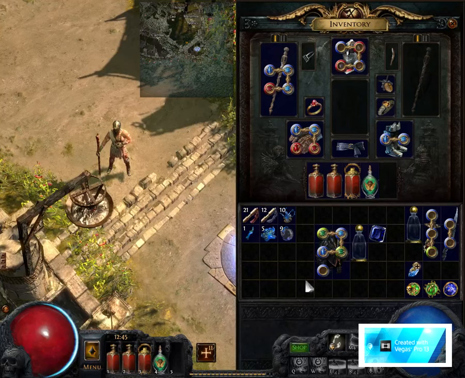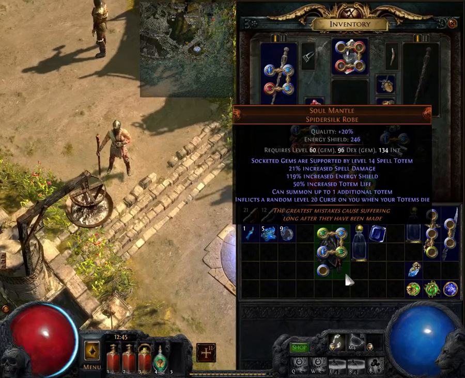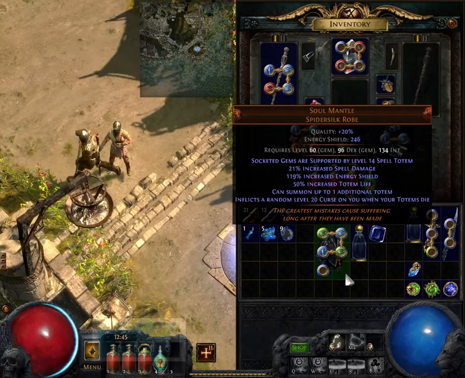The idea of the build is to use the unique chest Soul Mantle with the Ancestral Bond Keystone to enable triple spell totem of your choice. I went with Arctic Breath for reasons I'll detail later. Soul Mantle has the big downside of inflicting a level 20 curse on self whenever a totem dies, including when